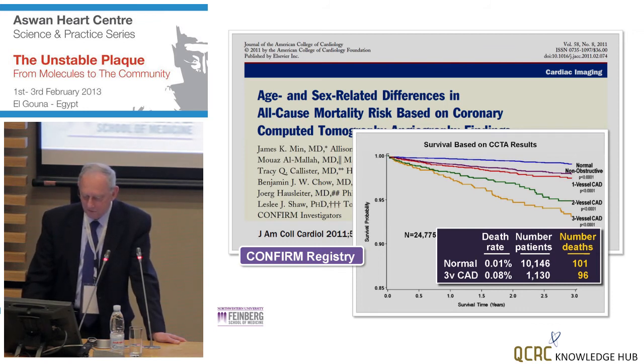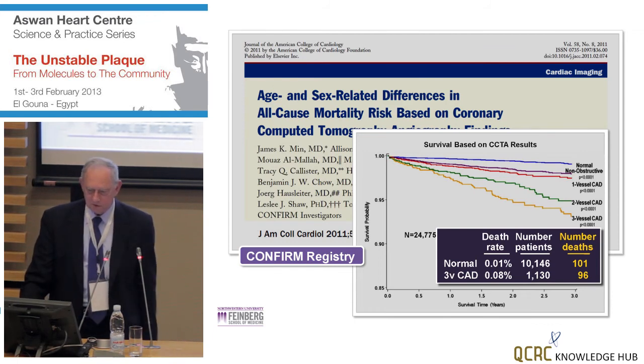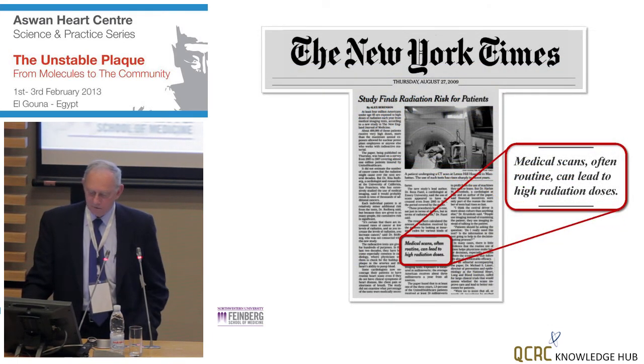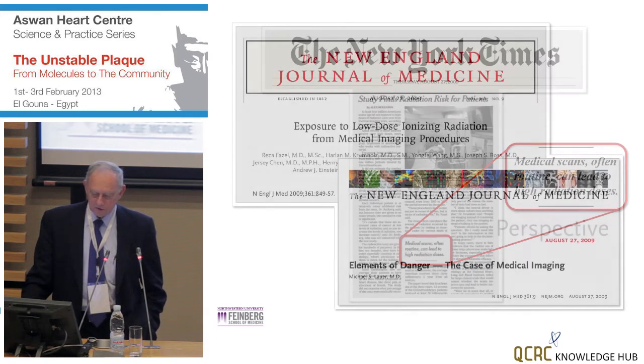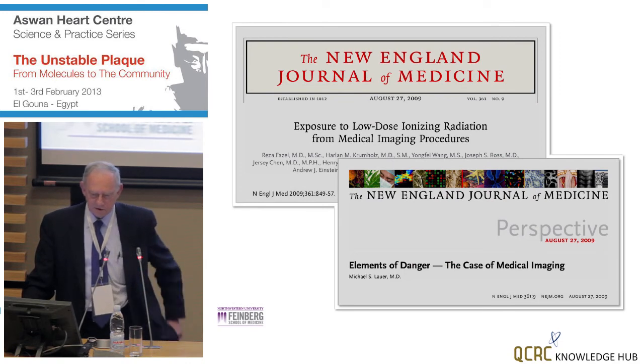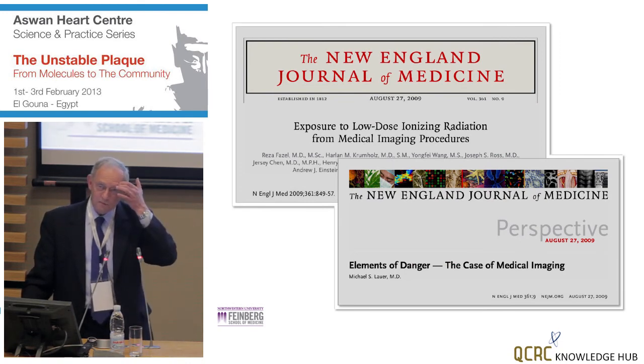Death rate very low versus much higher, but there's 10,000 patients with normal coronary arteries and only 1,000 patients with 3 vessel disease. There are more deaths in the group with the normal arteries. So have we actually led to a better ability to identify which patients will die or not? Importantly, we have to worry about CT because of the medical radiation, which has led to serious concerns in the United States about the added burden of medical imaging